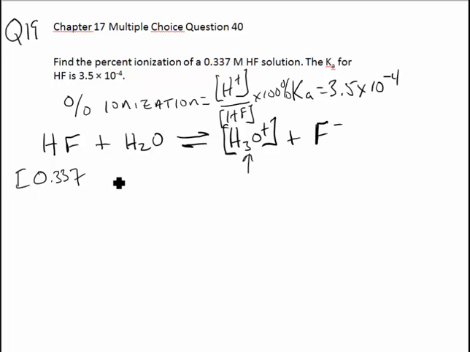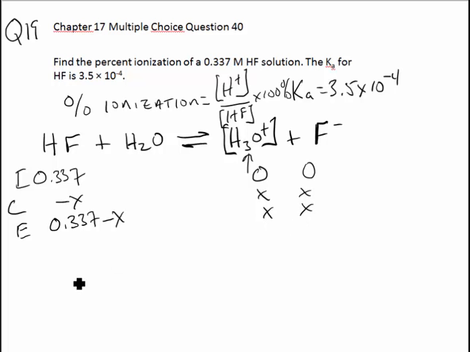So here we start with 0.337, that's our initial concentration. That's 0, that's 0. Our change is going to be minus X, plus X. And so our equilibrium concentration is 0.337 minus that X, and this is going to be X times X. So Ka here is equal to 3.5 times 10 to the minus 4th. That's equal to X squared divided by